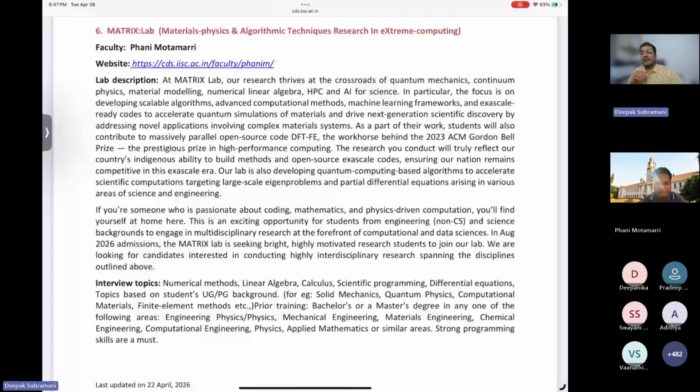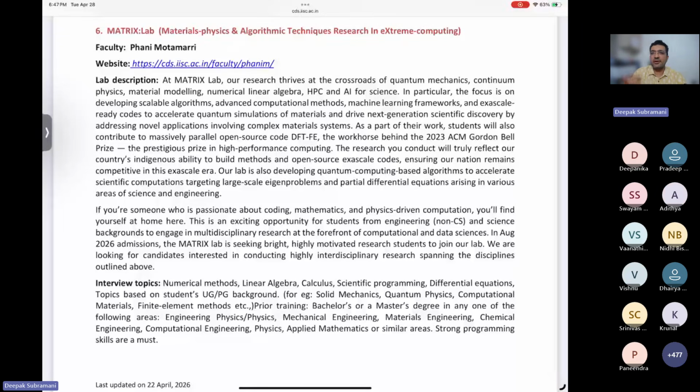And if some of you are really enthused by that, then please do come, attend our interviews, join our department, and then we can create history by being one of the first all-India teams to win the Gordon Bell Prize, one of the biggest supercomputing prizes. Another thing, to motivate you: Flame Lab, Matrix Lab, and my own lab do work on a lot of parallel computing, GPU computing, working on the GPU using CUDA kernels and so on and so forth.